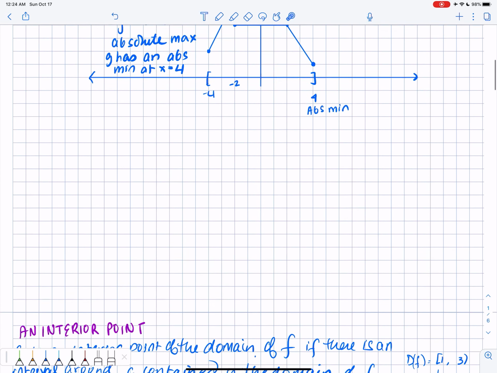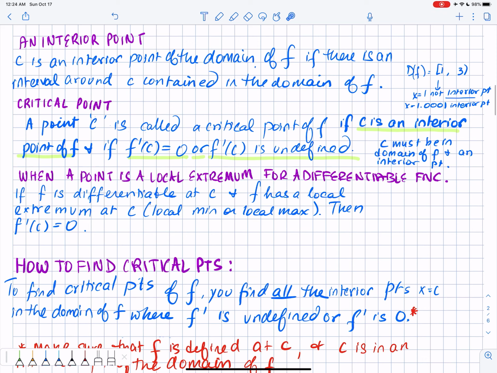If the function is differentiable at the point, and f has a local extremum, then it must be that the derivative is 0. So what is it saying? If the function is differentiable and f has a local extremum at the point C, then it must be that